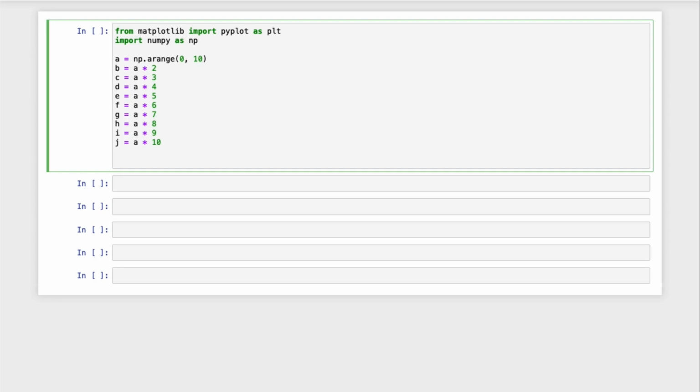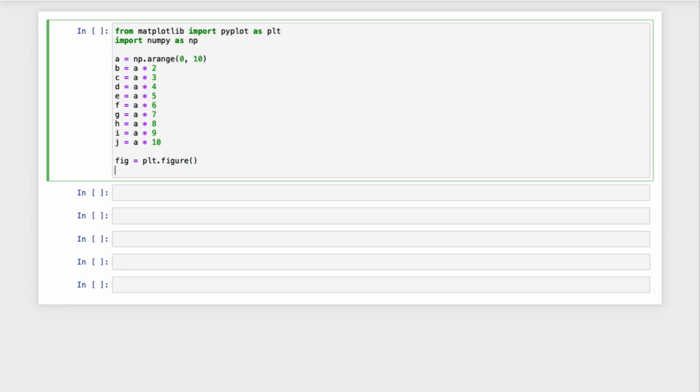Okay, so now that we have our different variables and the different data that's actually being used, what we now need to do is create our axes. To do this, to start with, I'm going to use the plt.figure method. So I'll create a variable called fig, and this will be assigned plt.figure. And then I'll start by creating a set of axes for this figure. So axis 1 is equal to